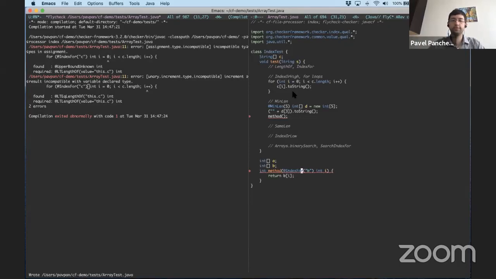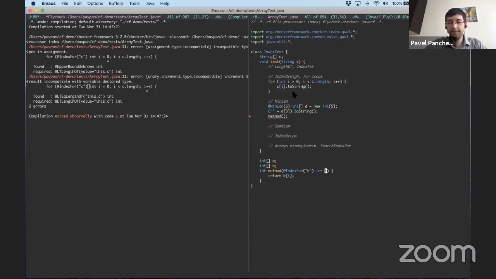It's not index of, it's index 4. Okay, so here I've just defined a method off to the side. I'm going to ignore the red squiggly here, which would require me to call this stuff. And here I get an index to the array A, to the array B, and dereference that array.